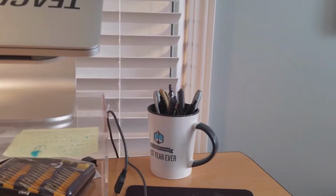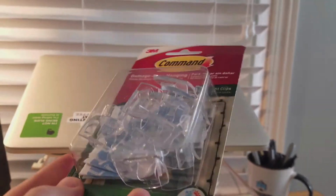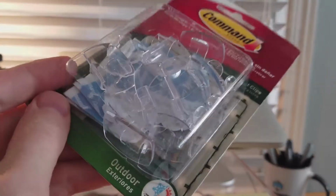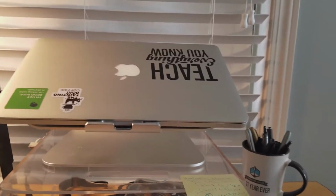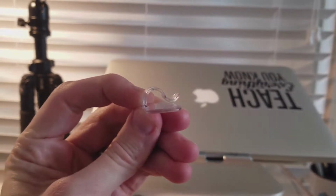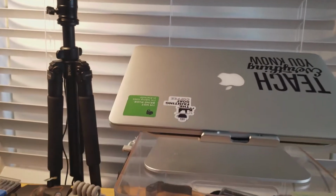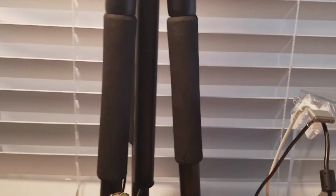So I use these Command strips, but they also have these little clips. I'm going to get in tight on these so you can see what they look like. Okay, I'm going to pull one out and actually show it to you. So here's what it looks like. All right, little opening there. And these are perfect for doing this. So you can see on the side here,